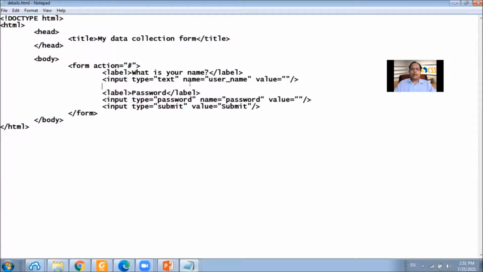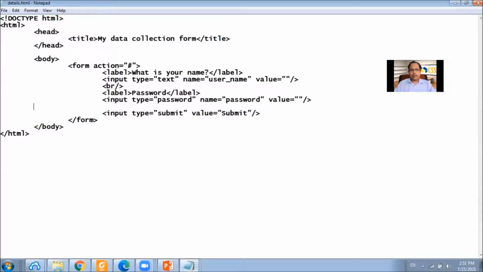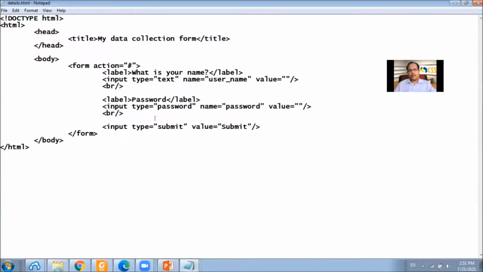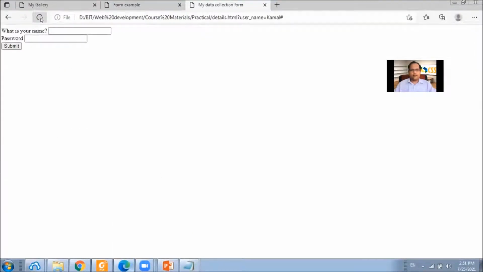And also we might need to insert some breaks between these two inputs. And also we might need to break the line before the submit button. Like this.